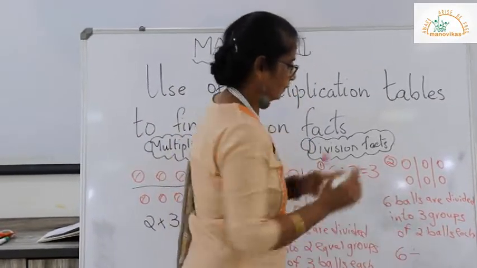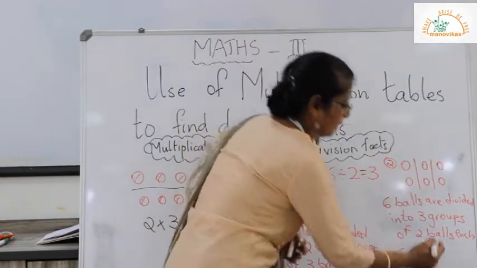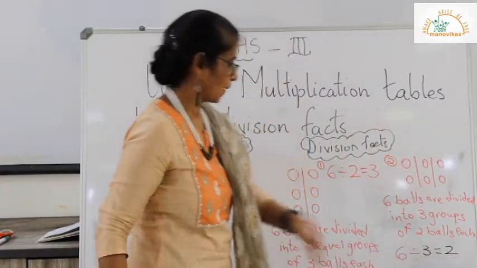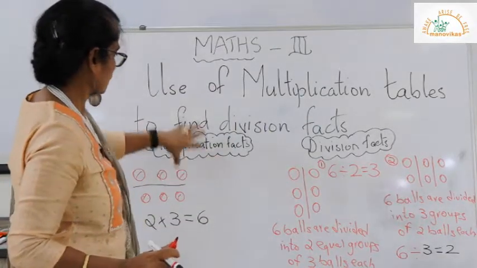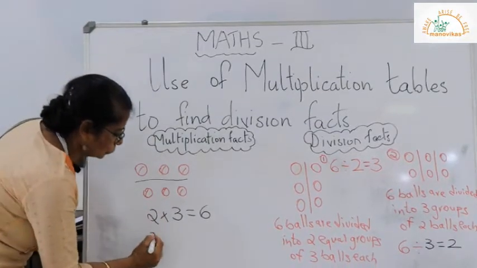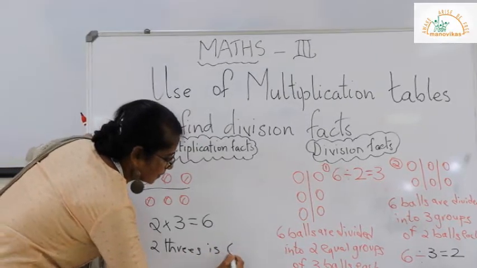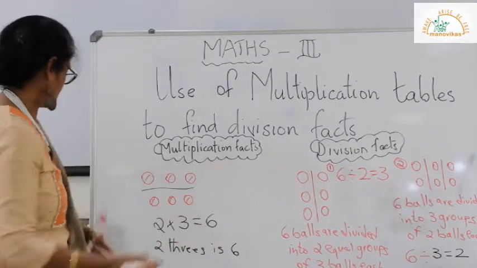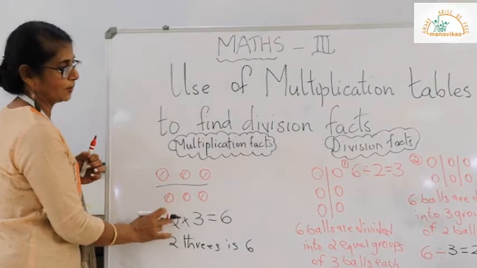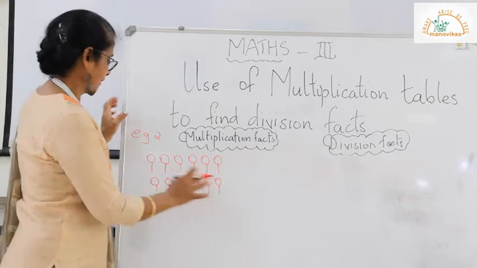as the divisor? We will write the divisor as 3. And why are we going to write the divisor as 3? Because we have put them into 3 groups. And the quotient is 2. So, this is how, through multiplication facts, this also means that 2 3s is 6. To find the division facts, we take the multiplication fact, and from the multiplication fact, we can derive the division facts. Let's do another example.